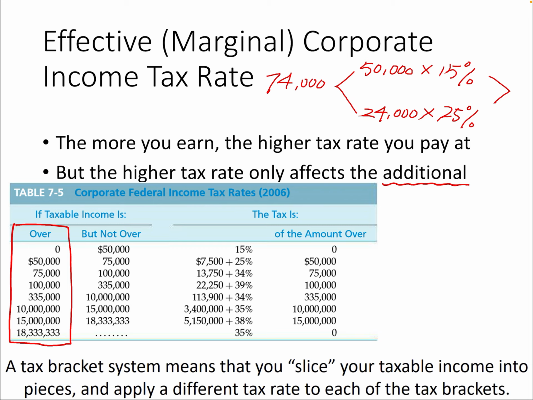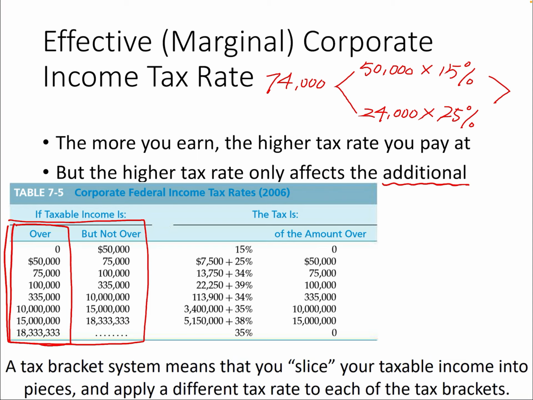Okay? So read this table. This is the corporate federal income tax rate in 2006. This year, 2020, the numbers might be different, but the concept and the structure are the same. What is said in this table is how much you earn and how much you pay for the rate, for the tax. So first, this half,